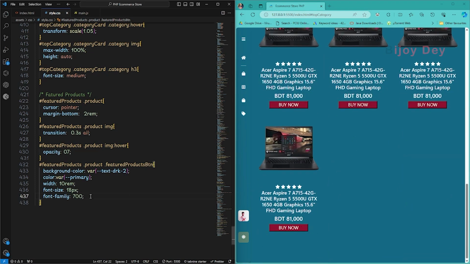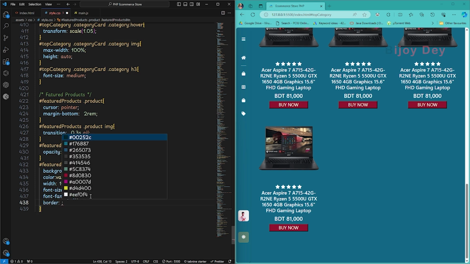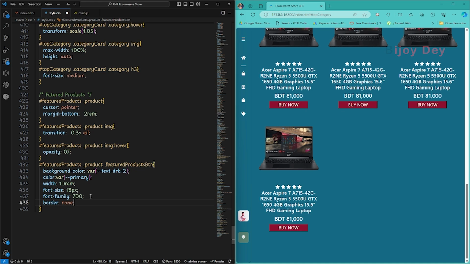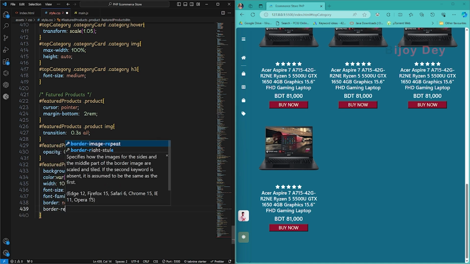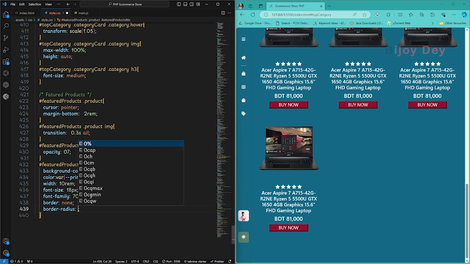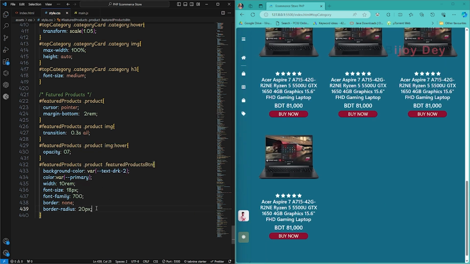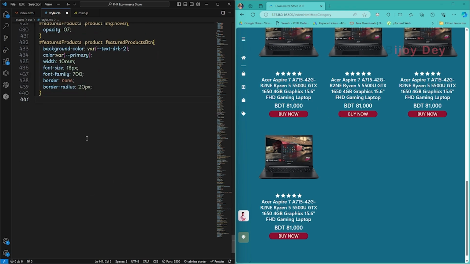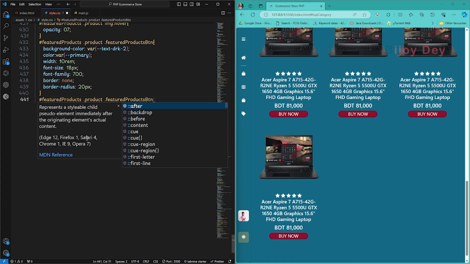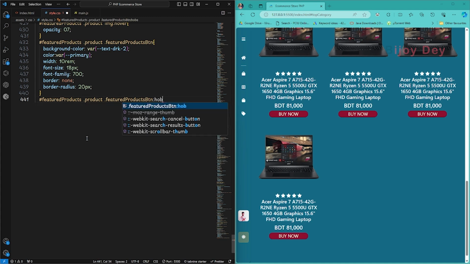So now split our browser and Visual Studio Code. Border none, border radius. At first, 20 pixels is too high. And for the feature button hover, in this hover properties